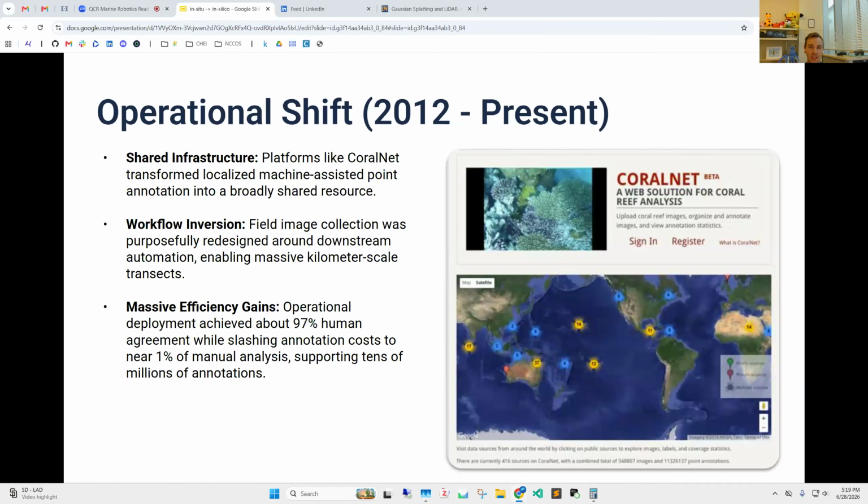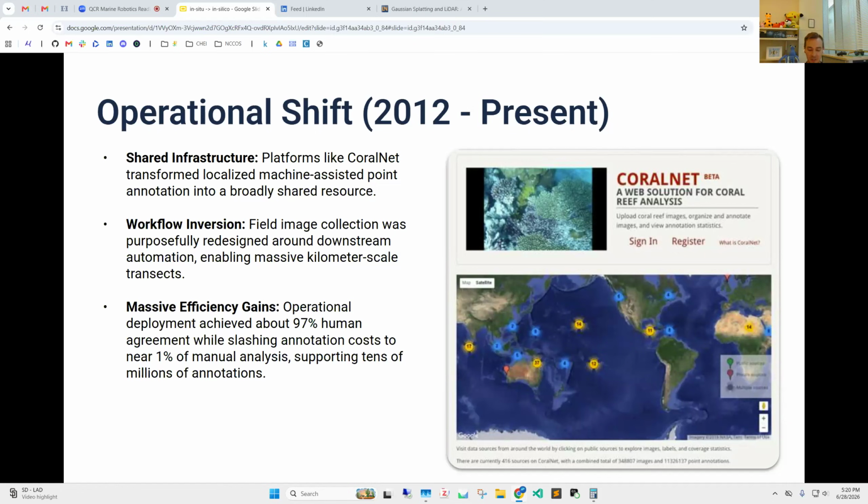And what was really interesting is how this software then in turn changed how physical diving and data were actually collected. Now that folks are aware that this AI system is in place, they've used it, they trust it, they understand it, then they actually start changing how they collect data. So the field acquisition sort of became inverted, where divers started designing their image collection specifically knowing that they could use this downstream AI,